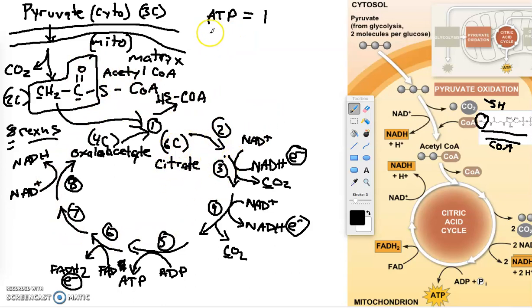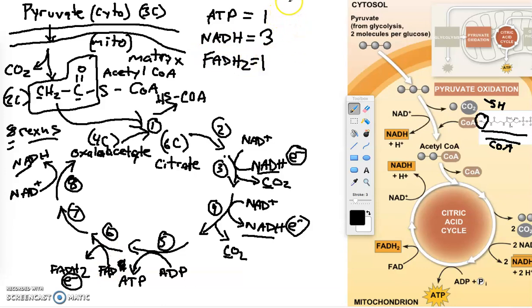And the number of NADH is equal to 1, 2, and 3, right? So 3 molecules there. And then the number of FADH2 from FAD